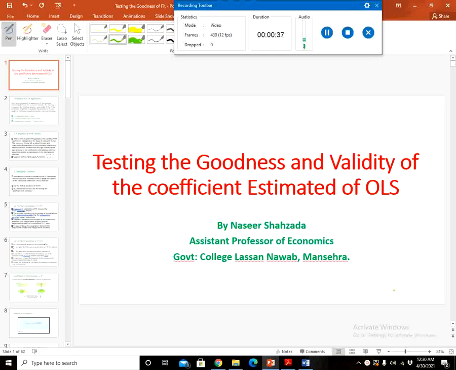Stage 1 is formulation of the model, also called formulation of the maintained hypothesis. In this step we formulate the econometric model by identifying the variables of the model, by identifying the dependent and independent variables, and by identifying the sign of the relationship among them. We also identify the nature of the model, that is, what type of model we will use